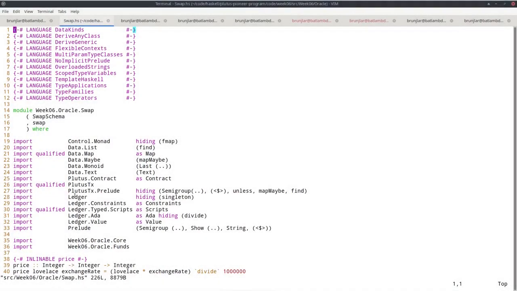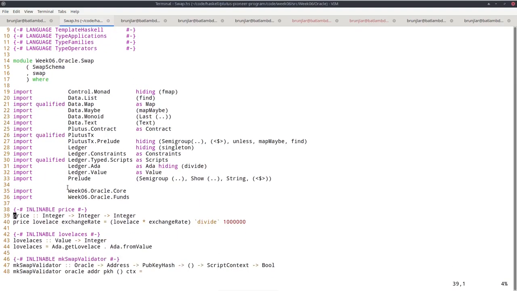Now let's look at an example contract that I put into this module, oracle.swap. The idea is that it's a smart contract where somebody can put ADA and then somebody else can exchange those ADA for a token. So in our example, we will use some token that we call USDT for US dollar token. The price, so the amount of USDT tokens that the buyer has to pay for the offered ADA, will be determined by the Oracle value. So that will change over time depending on the exchange rate encoded in the Oracle.